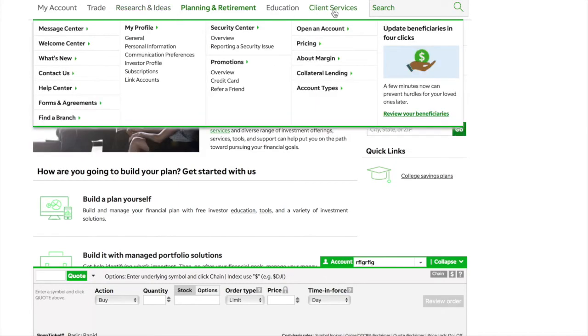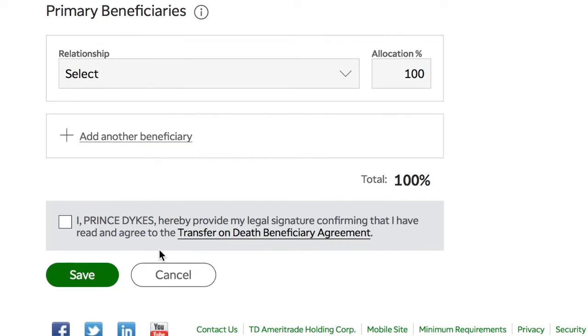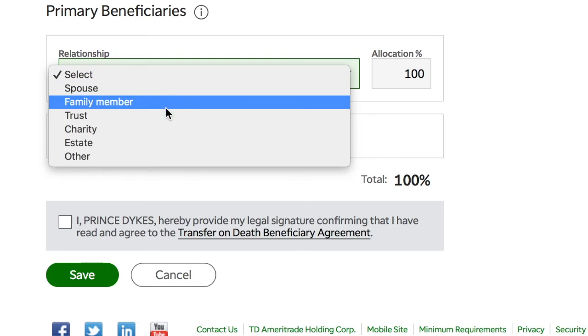First, you're going to go to Client Services. Up in the Client Services, go to Personal Information. Once you get to Personal Information, click on Manage Beneficiaries. Now, when you go to add beneficiary, it's going to ask you, is this a spouse, family member, a trust,